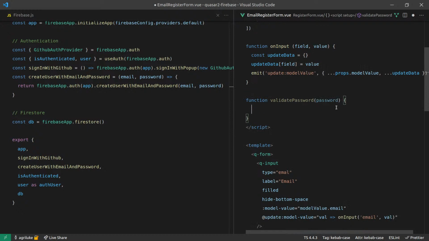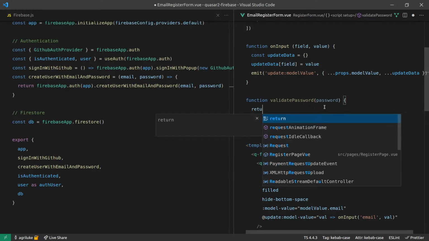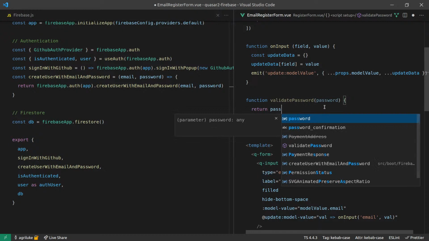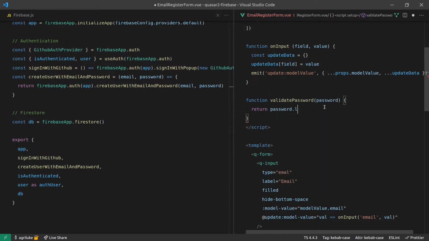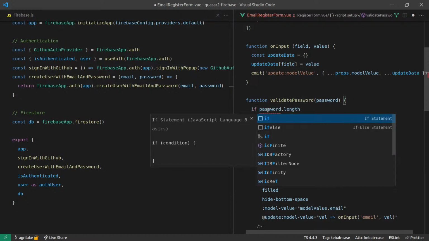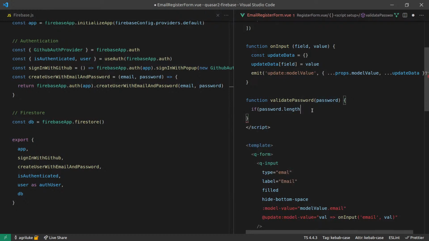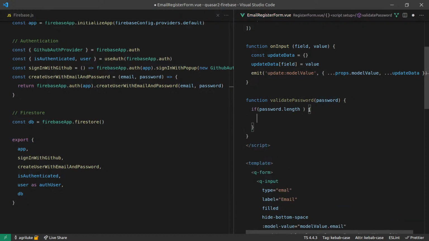And then I guess this would just be for the top password. And then I could say, for example, return password dot length, or maybe just an if statement. So if password dot length is greater than